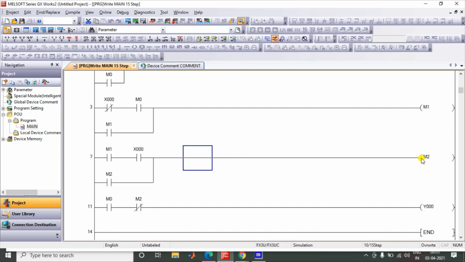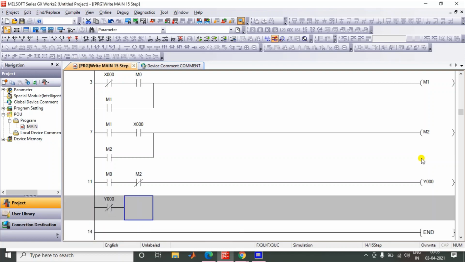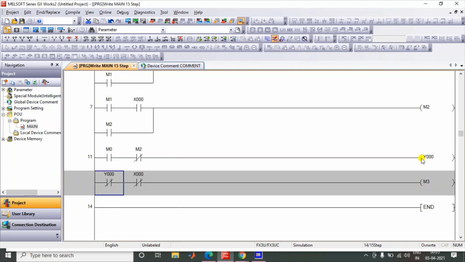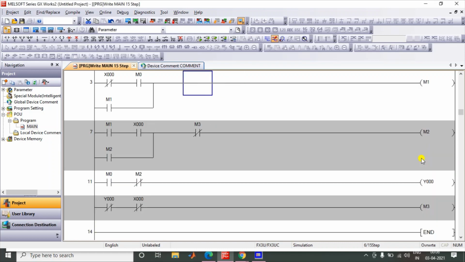So what we need to do is, when Y0 is off and X0 is not pressed, then we create a memory M3, and we'll use that memory to stop the holding of M1 and M2.